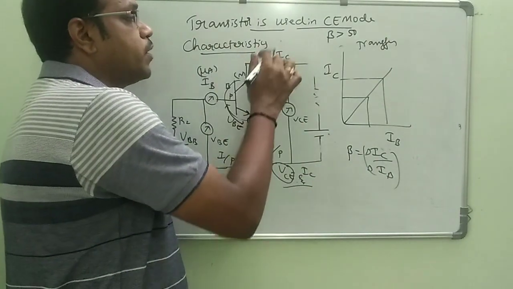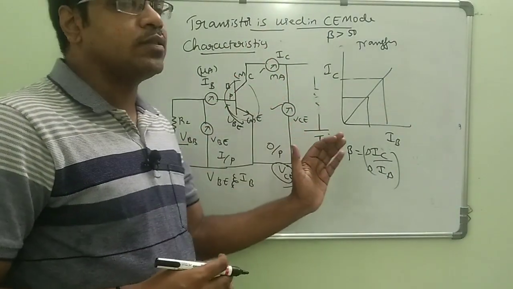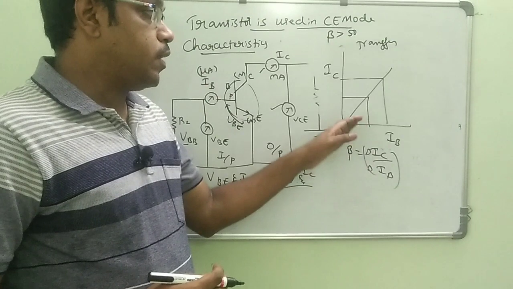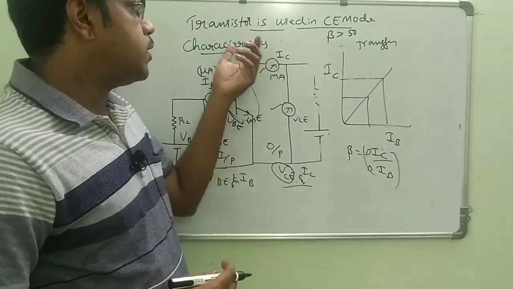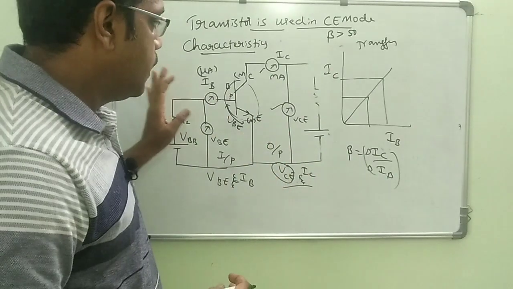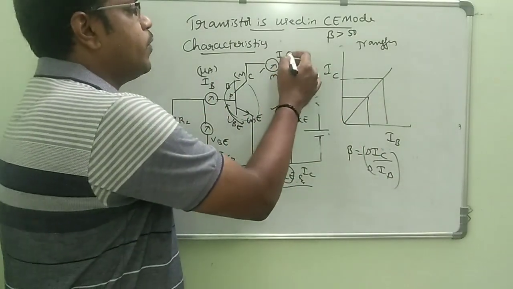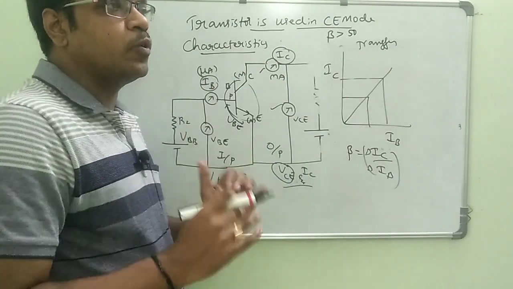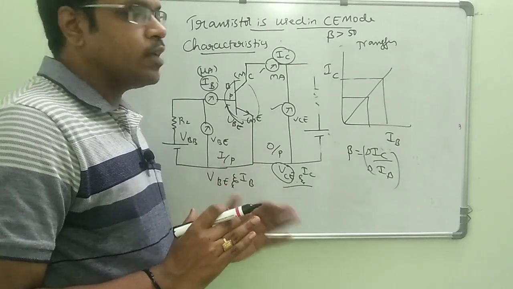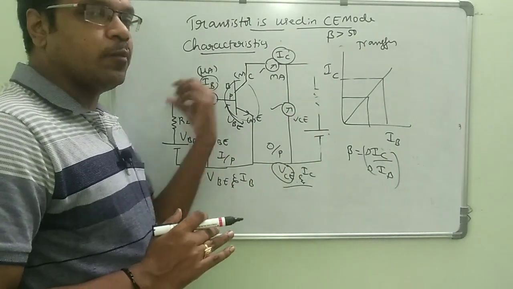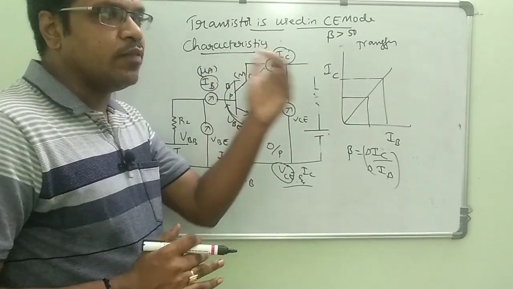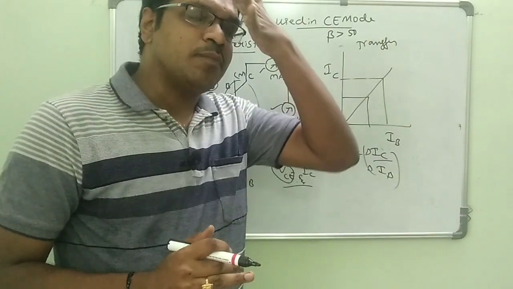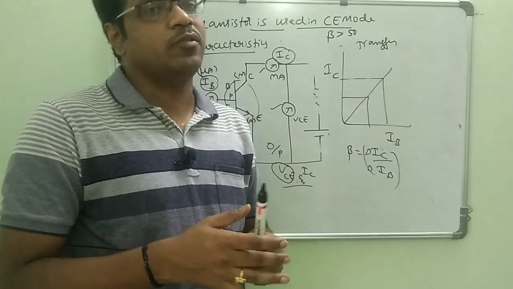Because of this, low resistance for the input, high resistance for the output, and a large beta that relates the currents proportionally, the common emitter configuration is more important, and all the circuits you will see are in this type of format. They'll give this and this, and you just divide: always output by input. Sometimes they'll give the output voltage by input voltage, V0 by Vi, just a division of the right side by the left side. Like that, you can solve circuit problems. By seeing circuits, don't just panic.